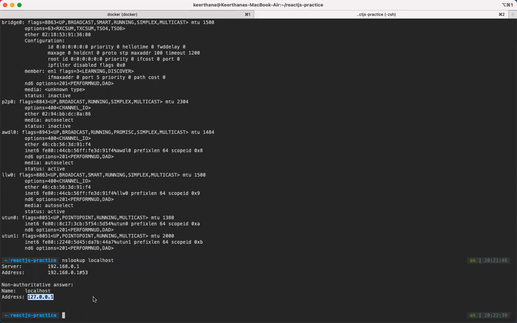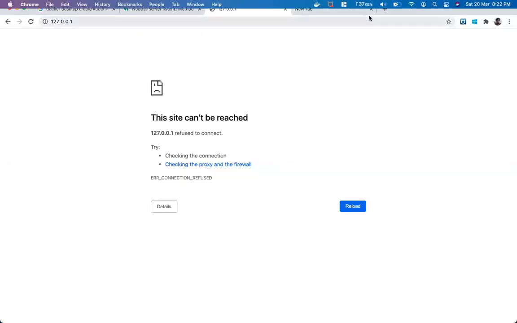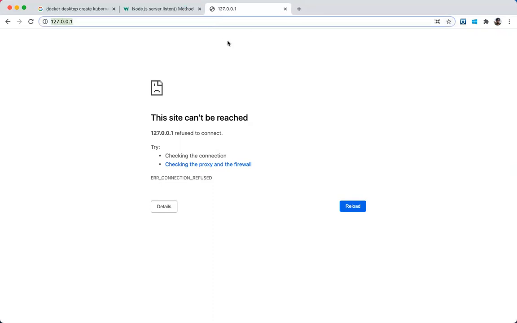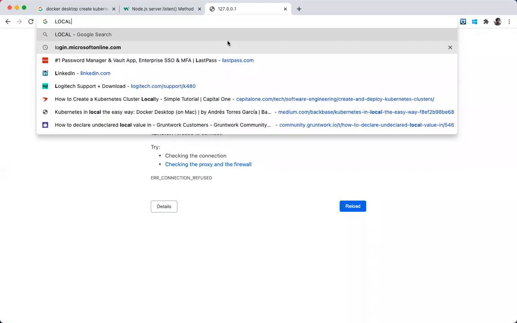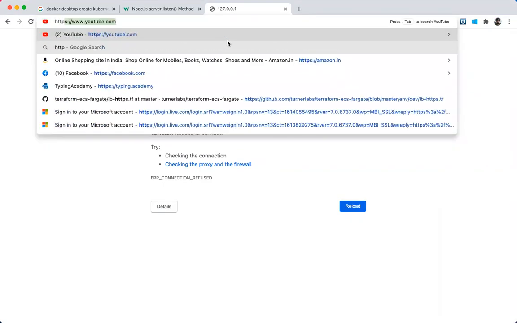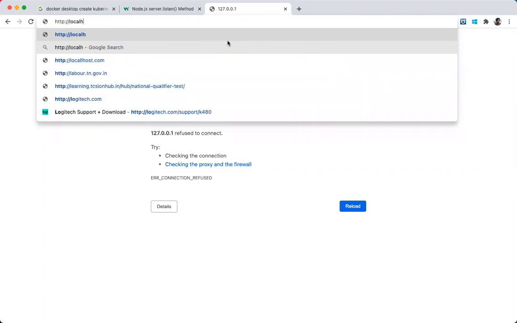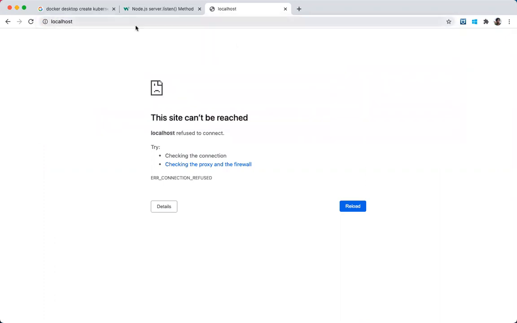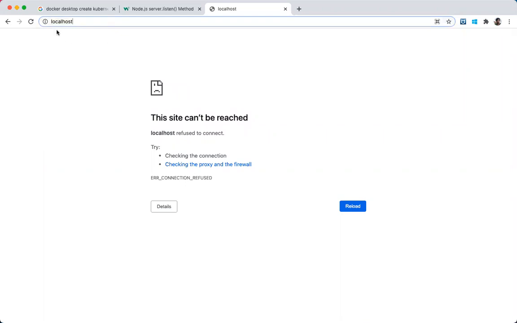So at any point, if you want to access your laptop, you don't have to find your laptop IP, you just have to say localhost. That is what localhost is. So when we say http://localhost, it will hit our laptop and connect to the default port